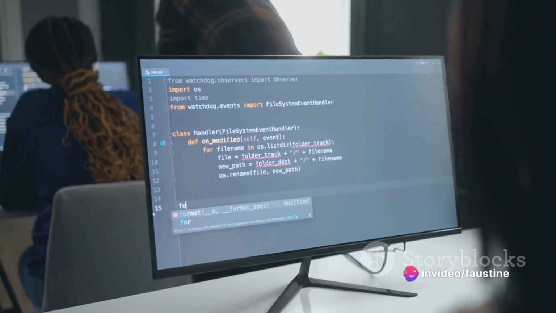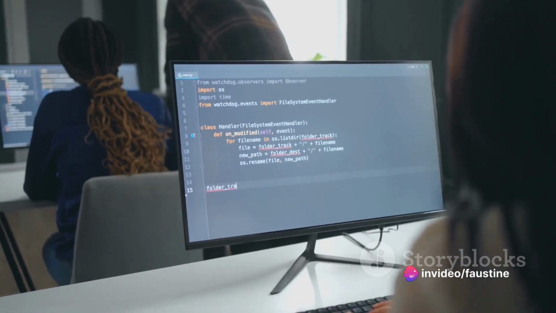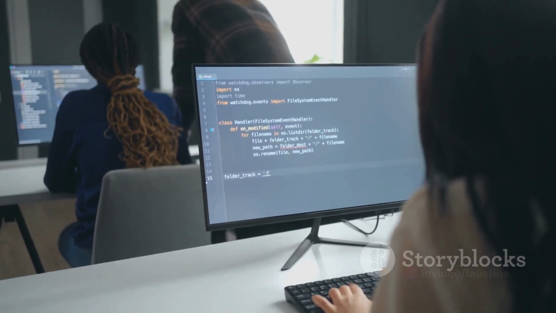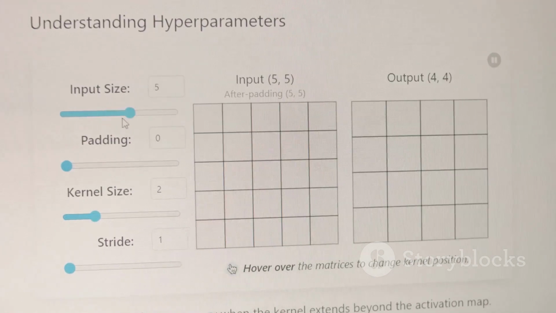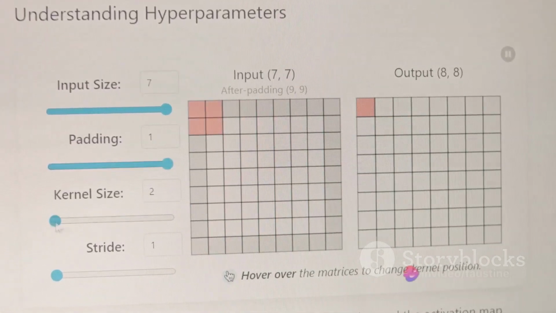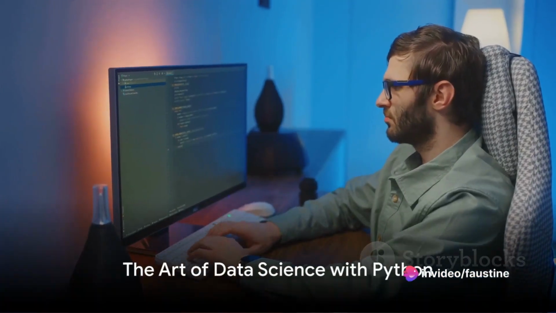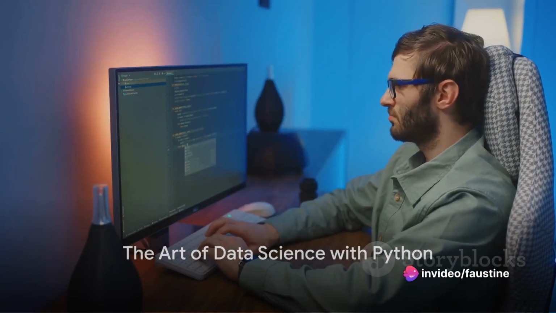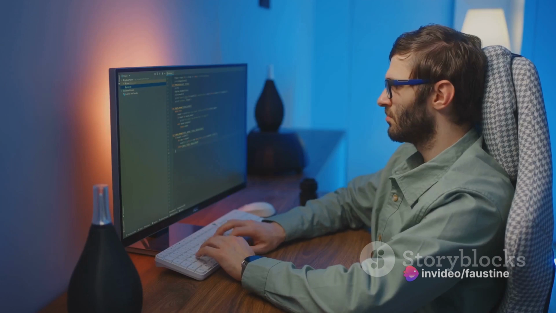To summarize, Python is a versatile tool in a data scientist's arsenal. It aids in data extraction, cleaning, exploratory analysis, model building, and deployment. Its vast array of libraries and its ease of use make it an indispensable tool in the world of data science. So, next time you think about what a data scientist can achieve with Python programming, remember this: it's not